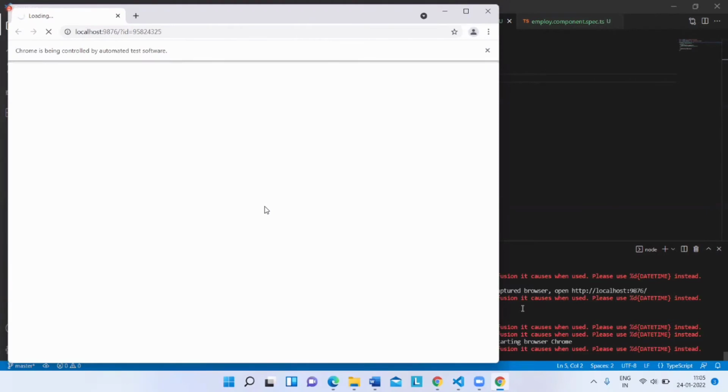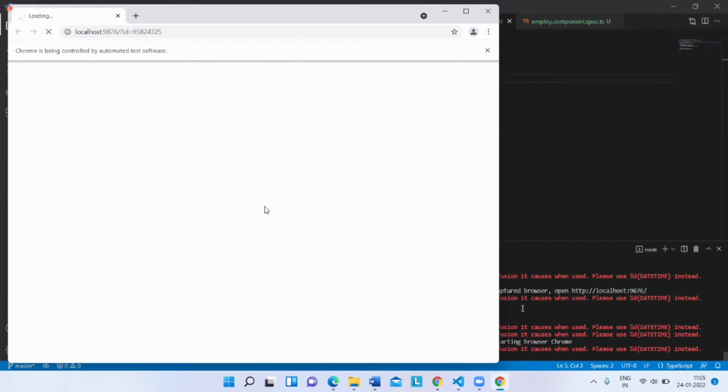Okay, so now you will be able to see this window. This is the Chrome browser which is launched for displaying the test execution. You can see that the test scripts which you have written are in Jasmine. When it is executing, Karma is going to execute those. So Karma is a runner here.